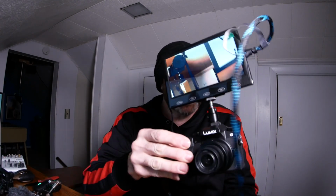Now, this is not the best screen in the world. I paid like $52 for it or something. I didn't need a super fancy schmancy monitor. I just wanted to be able to frame my shots. And this is gonna do the trick for me. So this is how you can fix a broken camera if you happen to totally trash your screen, but the